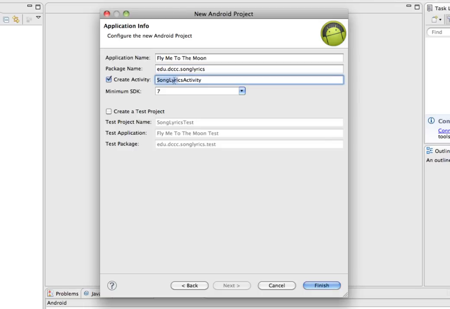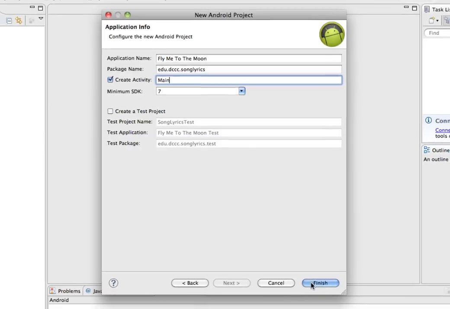Now, create an activity. The activity is the name of your first screen. So a screen is called an activity. So to begin with, I'm just going to call this main. And we have a minimum SDK of 7 that goes with the 2.1 operating system that we selected on the previous screen. So I'm going to click Finish